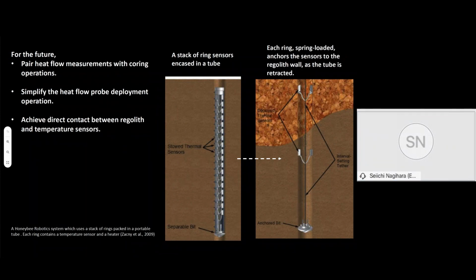The one thing we may want to do is make the measurements in the open hole. One of the interesting findings from Apollo 17 is that if you drill a hole and then take the augers out, the hole does not collapse, right? So that's why we could actually install